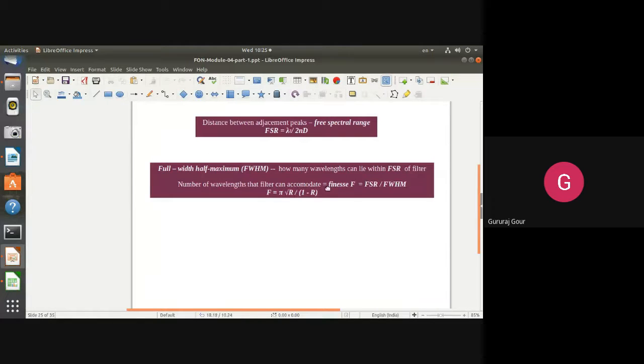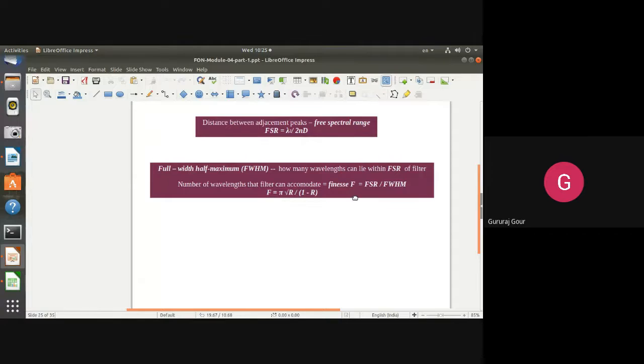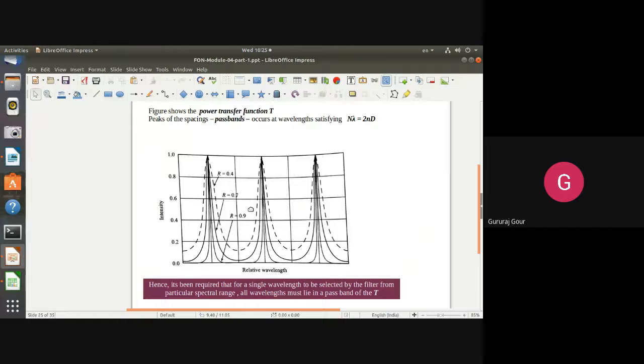So that's its significance. What it is telling, as the Fibonacci F factor, indicates the net wavelengths which are to be chosen by this bandpass filter, as it depends just on the R factor. Now if you see, as the R factor goes on increasing, the passband goes on reducing. If the passband goes on reducing, the number of net dominant wavelengths you are getting in this passband will also go on reducing.